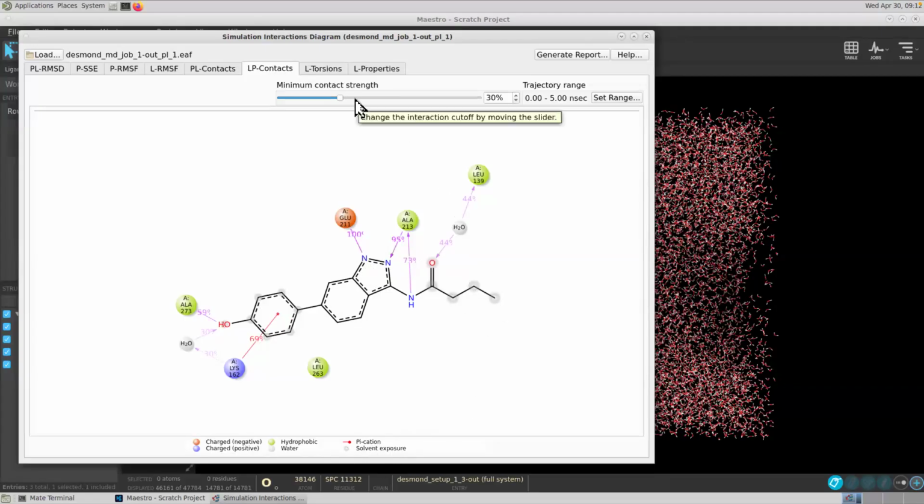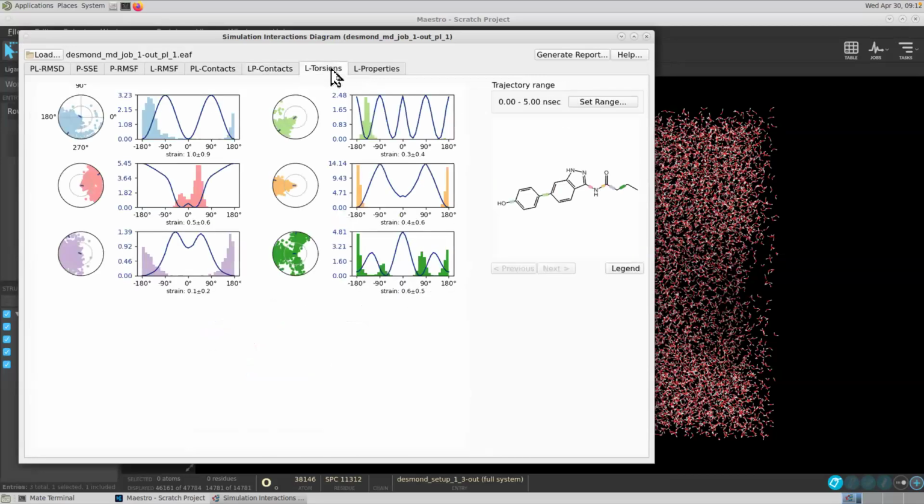Okay. So next is the ligand torsions. Again, this is very important. This ligand torsion is very important. And you can see this kind of plot here. It will automatically identify all the dihedral angles or torsional angles from the ligand. So in this particular ligand, we have 6,